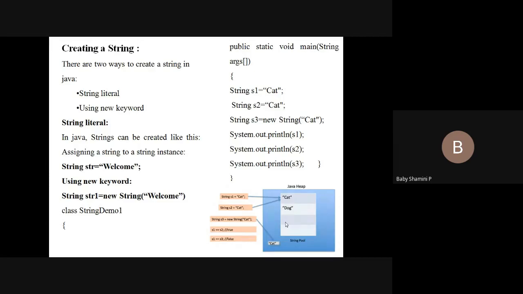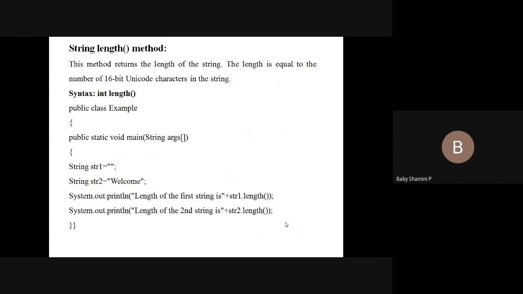Next we have the length method. If you want to find the length, we have to use the method length, L-E-N-G-T-H, that is object name dot length. It finds the number of characters present in the string. Here I am not declaring any value, so it displays the answer as 0. Here str2.length finds the number of characters in this particular string.